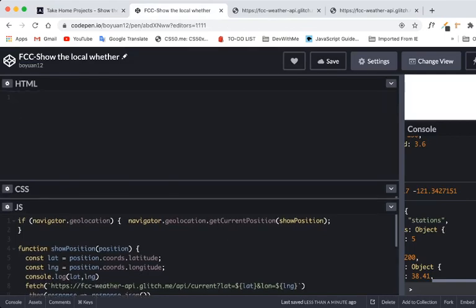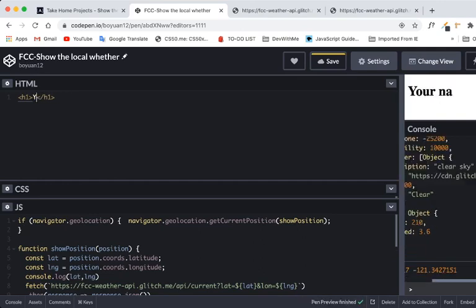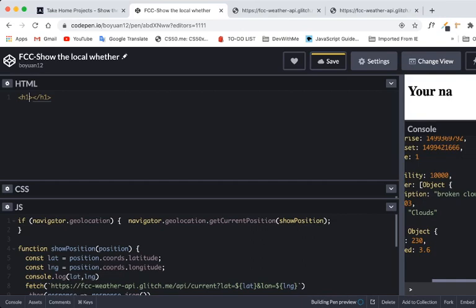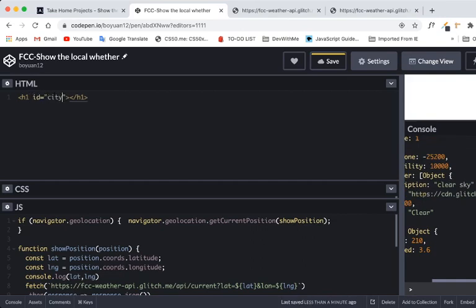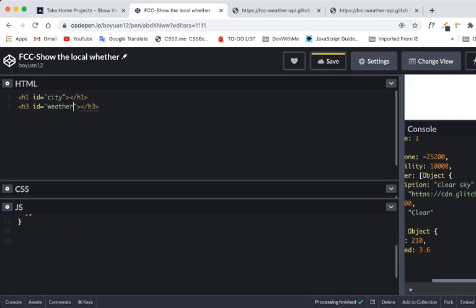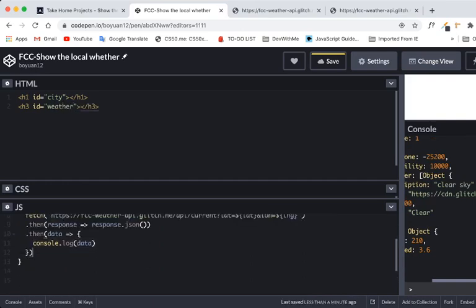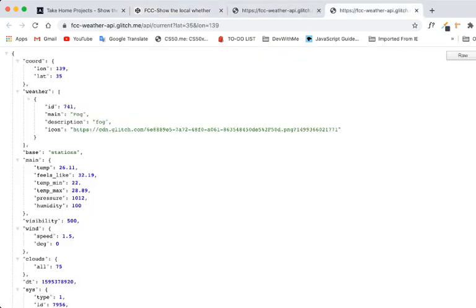H1, your... here I can say ID is city, and then I can say weather, and then here we can also say temperature, temp. Alright, so in here we can say data, bracket, what's this name,